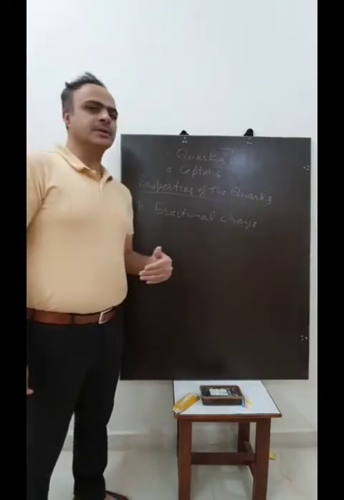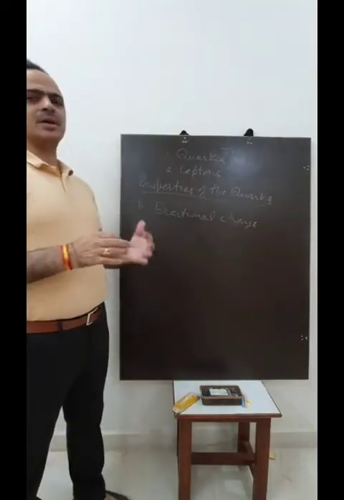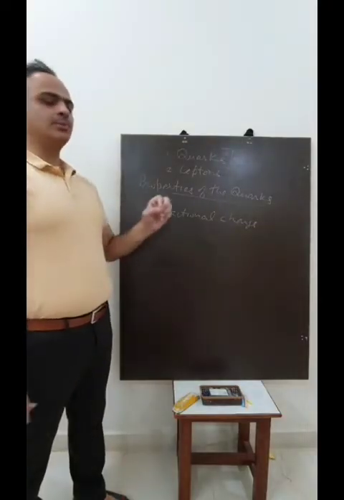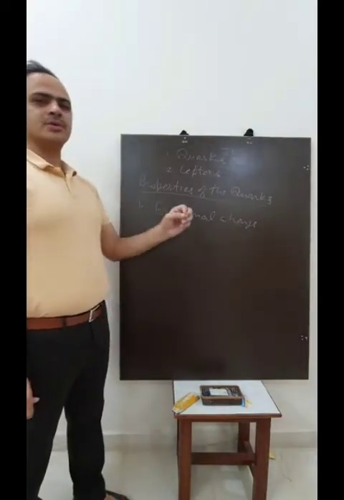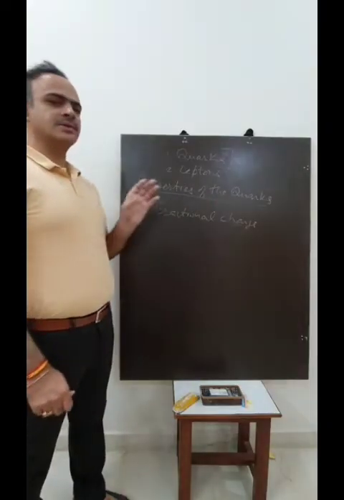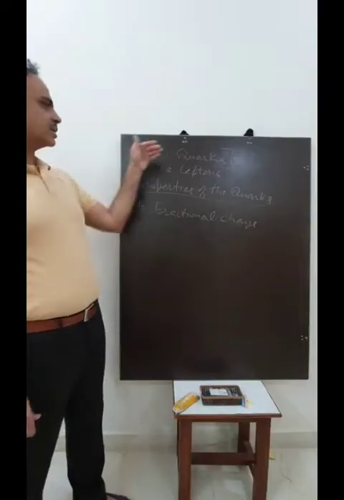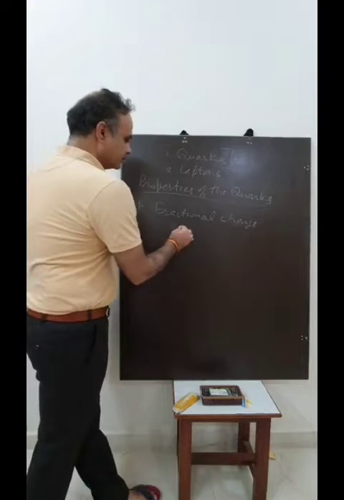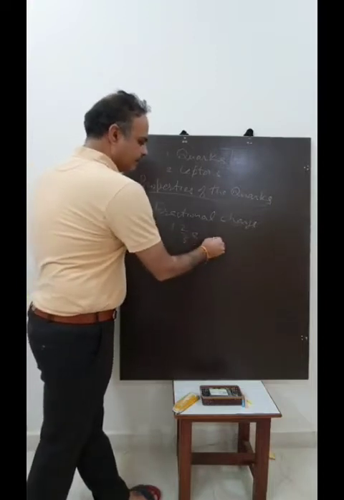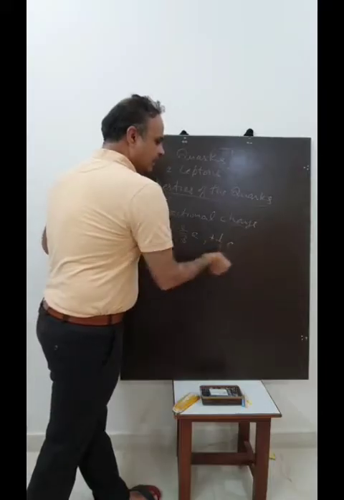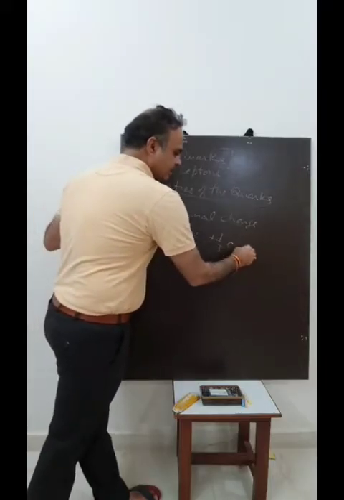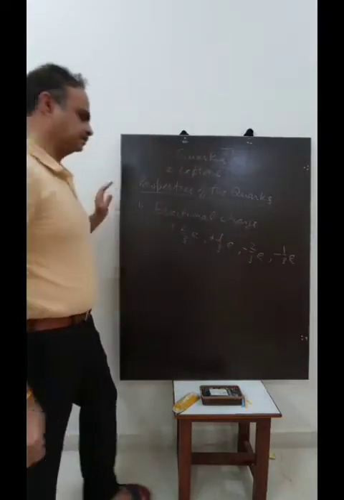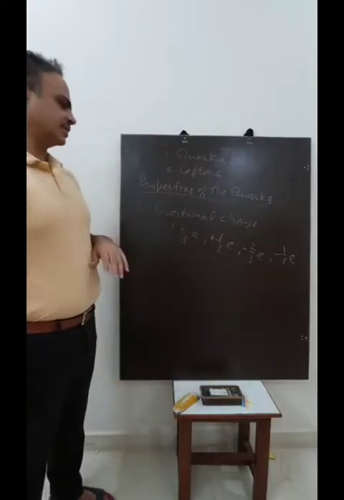Before the discovery of the quark, it was thought that everything has a charge in units of the charge of one electron. This is called quantization of charge. But the quarks are particles which have fractional charge. They have a charge of plus 2 by 3 of the electron charge, plus 1 by 3, and also minus 2 by 3, and minus 1 by 3 of the electron charge. So they have fractional charges.